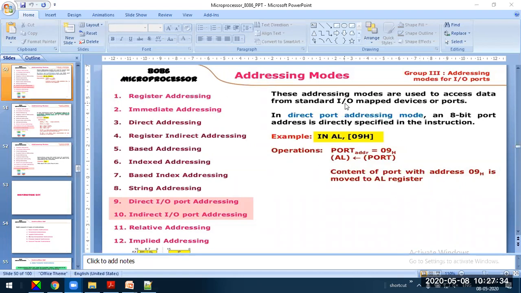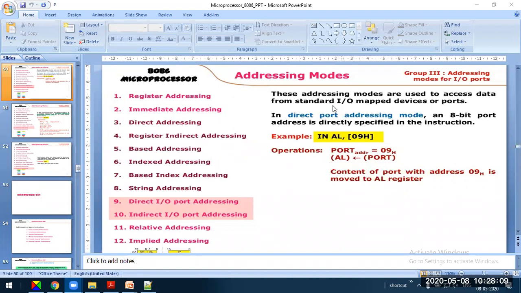When we say devices connected to the IO port, the device will have memory, and hence we are directly accessing the memory of the device. Sometimes, for example, a sensor or actuator is connected to a port. Sensing devices don't have any memory, so we cannot access the memory of a sensor; we access the data available at the ports. That's the basic difference, and we'll understand this in detail.